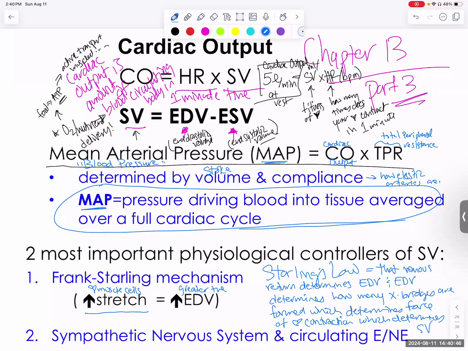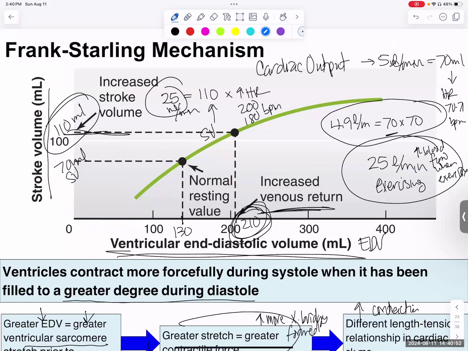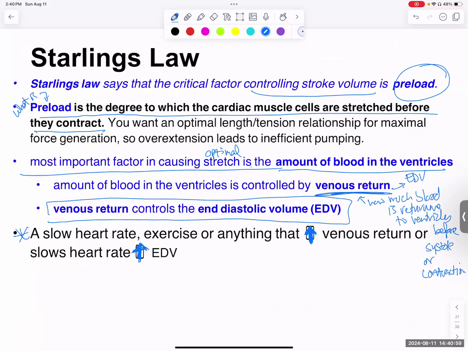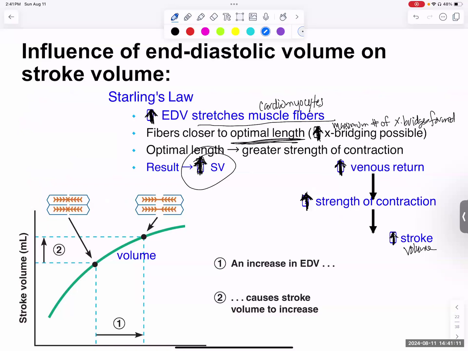Starling's law is a little bit more eloquent than that. So if you want to go back and review, Starling's law states that the critical factor controlling stroke volume is preload. Well, preload is determined by venous return. Preload is your end diastolic volume. And why? Because Starling's law states that preload